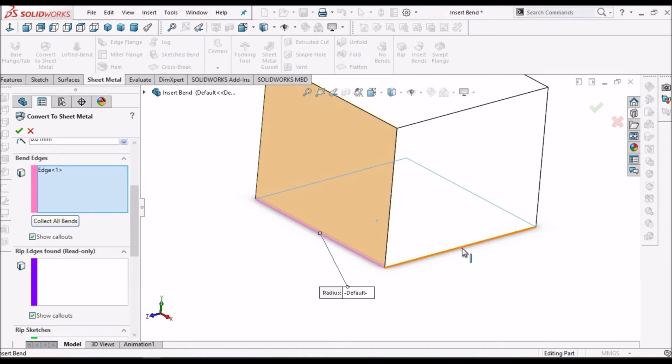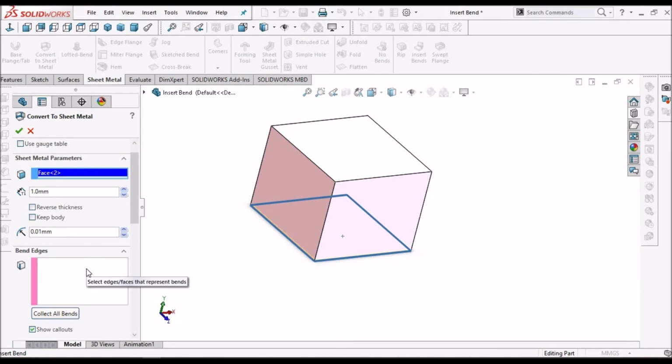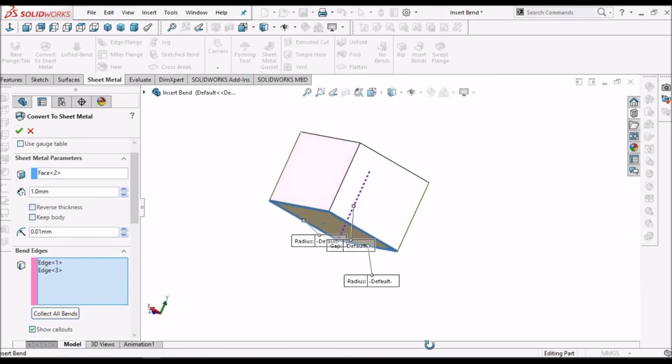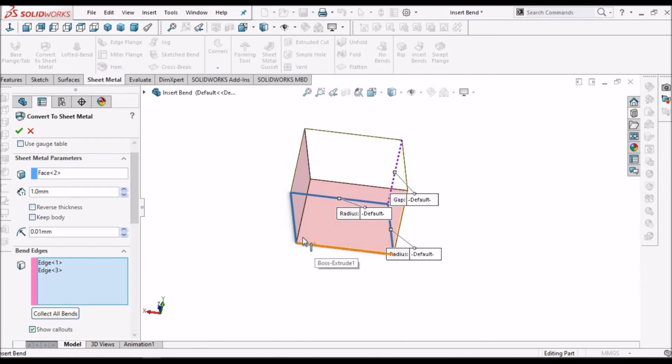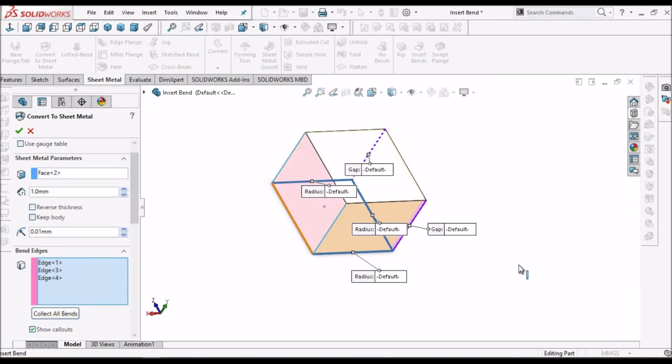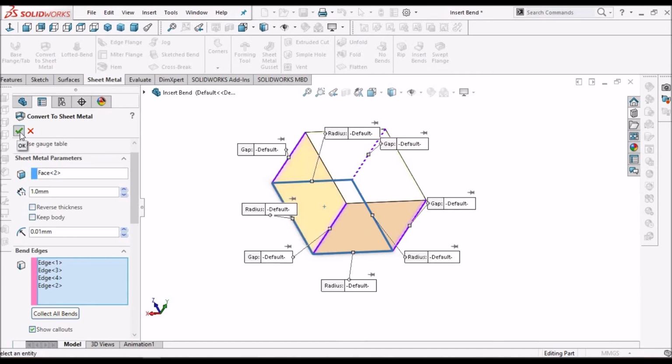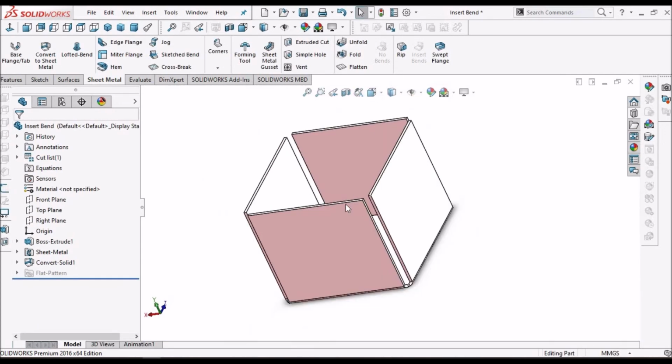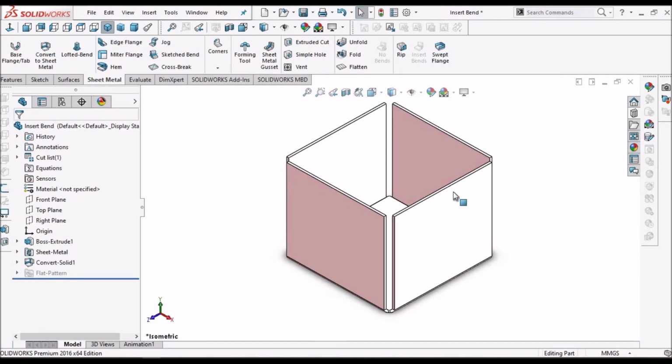So this edge, save. So this is also converted into sheet metal. So this is one more approach.